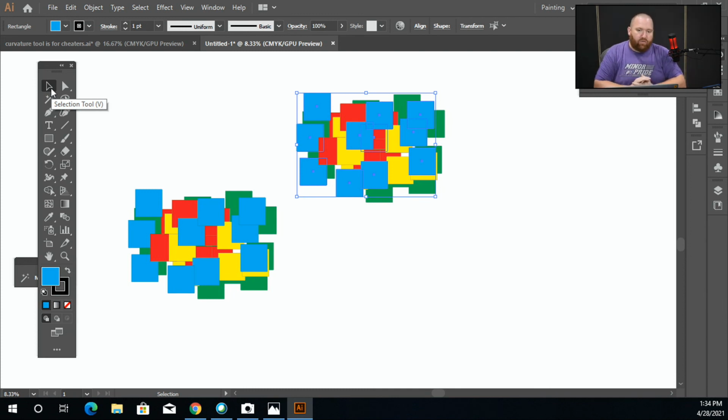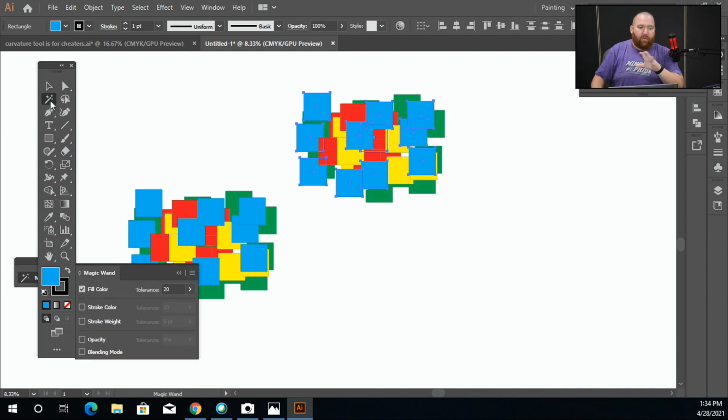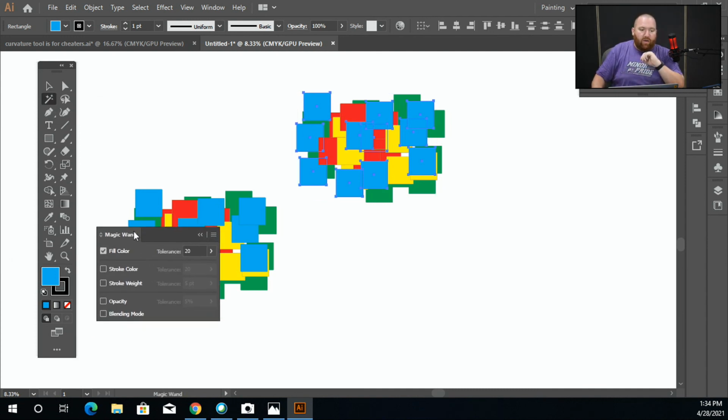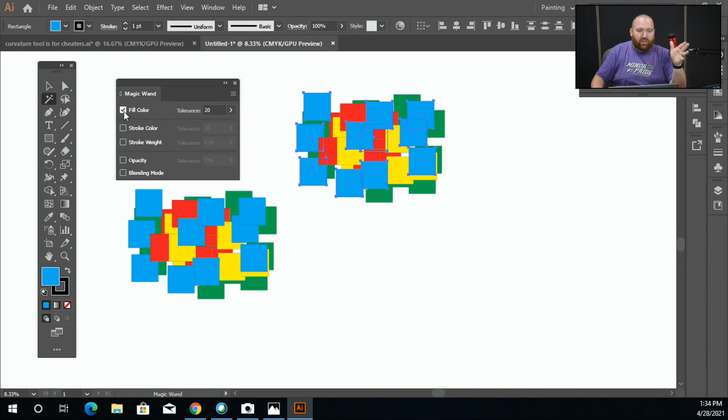Just keep in mind that when you use the magic wand, it is going to select everything in the document that has that characteristic. Also, if you double click on the magic wand, you will get some other options where you can say, I want you to select based on the fill color, based on the stroke color, or based on the stroke weight. And then the tolerance here is blue